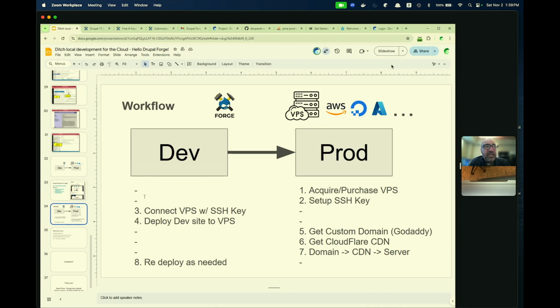And to connect a custom domain, the workflow would be you acquire a VPS, set up the SSH key, connect your VPS with your SSH key, connect it to DrupalForge with your VPS, deploy your dev site to the VPS, get a custom domain from somewhere like Code IDE or whatever your registrar is, use Cloudflare CDN. Yeah. Are you guys familiar with CDN? You know what CDN stands for? Yes. Yep. Content Delivery